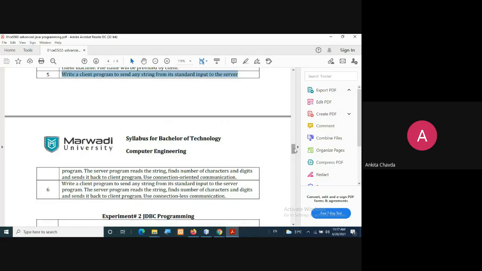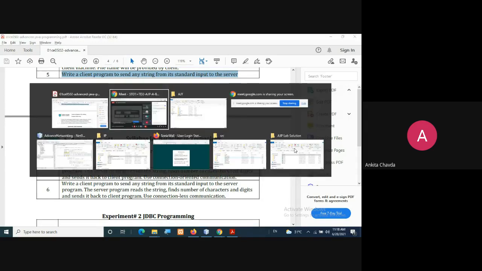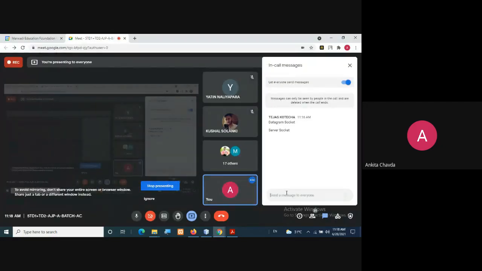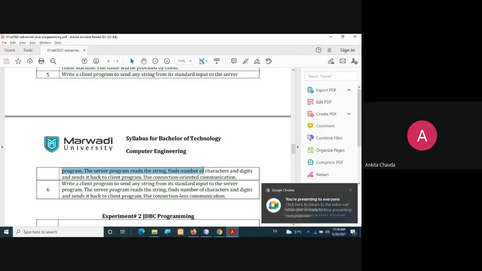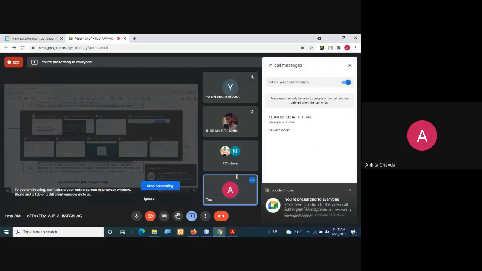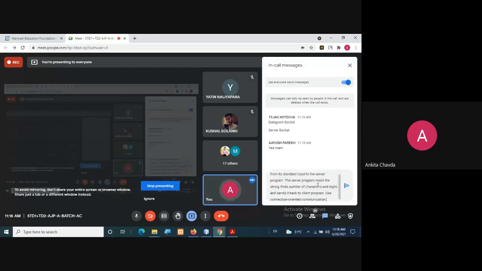The server program reads the string, finds the number of characters and digits, and sends it back to the client program. Use connection oriented communication. This is what you are going to implement. Are you getting what you need to do? Number of characters and digits that you need to find.